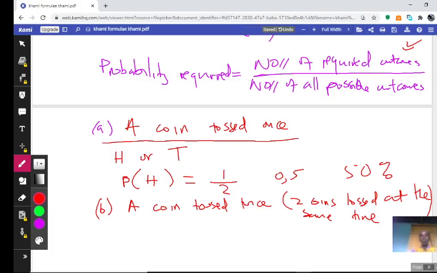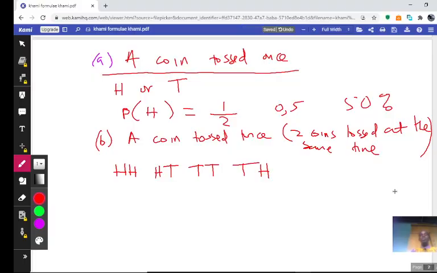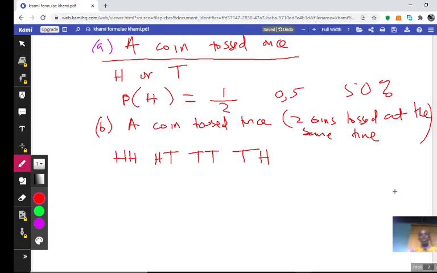Right, it's either on the first toss you can get a head, and tossing the second time you can get another head. Or you can get a head and on the second a tail, or instead on the first you can get a tail and on the second you can get another tail. Or you can get a tail on the first followed by a head on the second. So there will be 4 possible outcomes altogether.